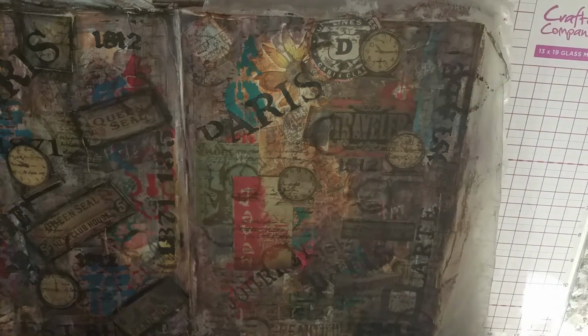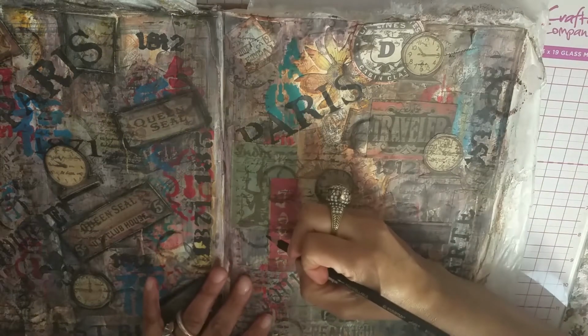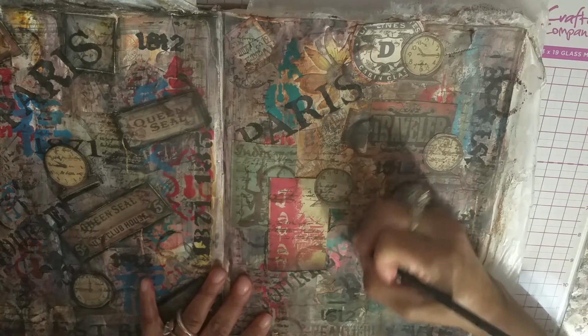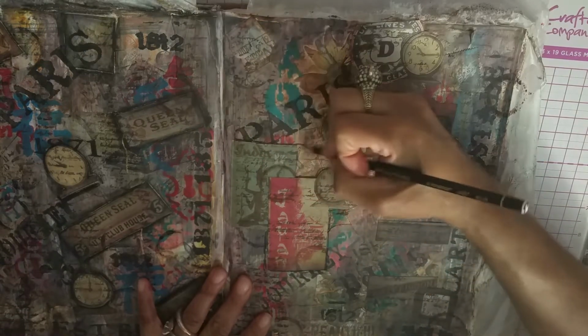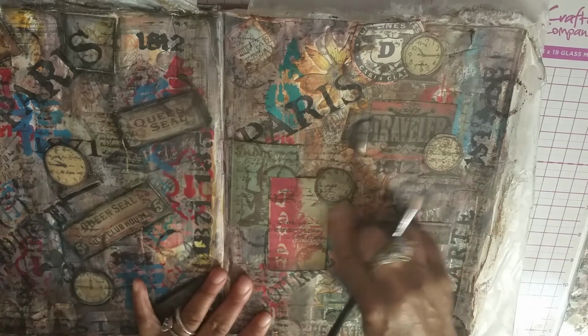The only other thing I would do is take a Stabilo pencil and go around all of these little semi-focal points, just like this. Okay? And that just gives it some more grunge and some more emphasis on these pieces. And then just wet your finger and...